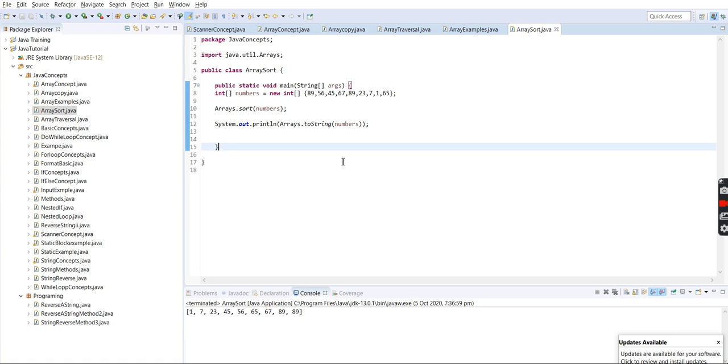See, now it has sorted the values. The only difference, as we have already mentioned, is that it will display in square brackets because it is printing the value in string format.